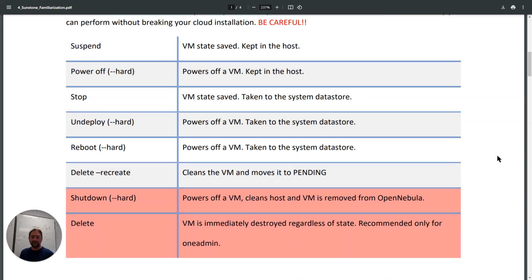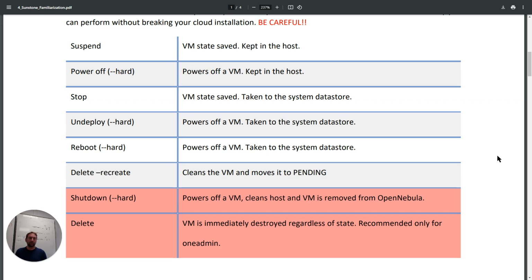So the actions that you can take vary. For example, you can suspend something. So you have a virtual machine that's running and you can suspend it. So the state is saved. So it is essentially still live in the system. It's the equivalent of suspending a virtual machine, or I would say the equivalent of closing the lid on your laptop, if you like. Okay, it's still there, it's still running, everything is still there, it's just not processing any